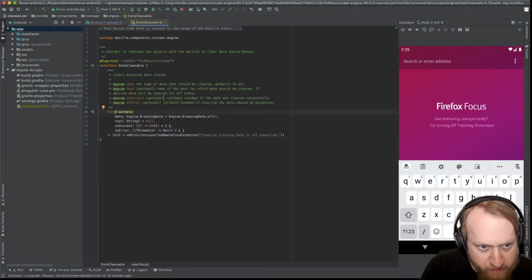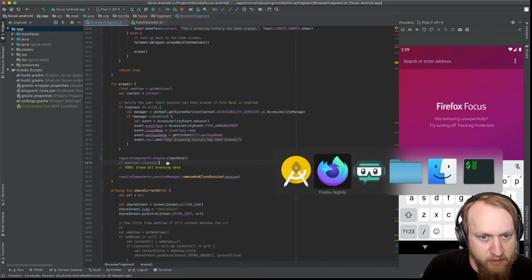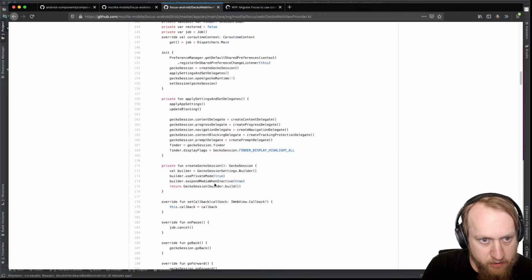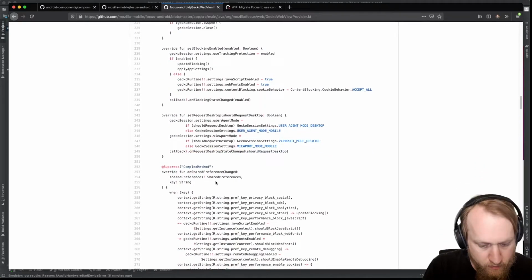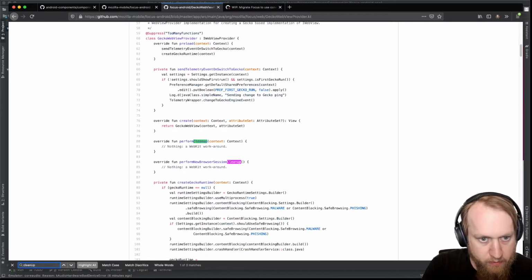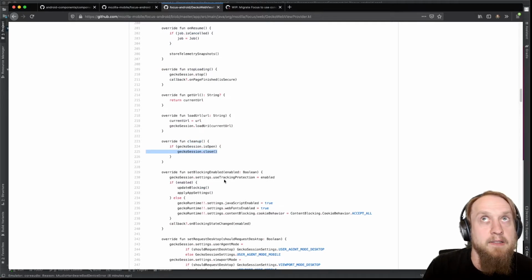We saw that previously the code called cleanup. So let's see what this code did in its GeckoView implementation. Cleanup. It closed the Gecko session. I guess the reason for that is that